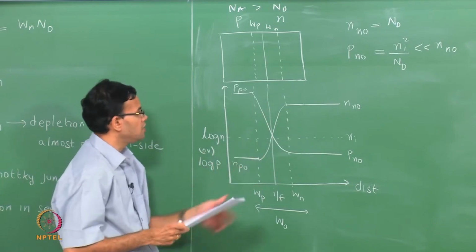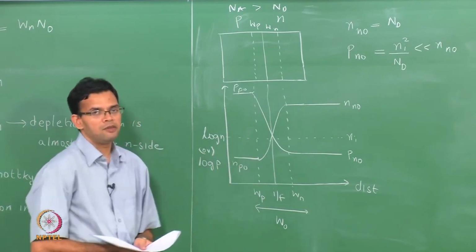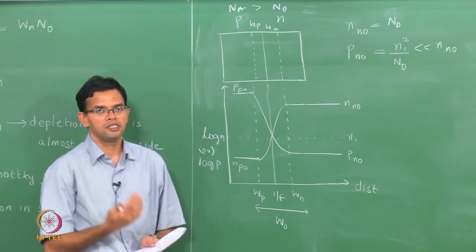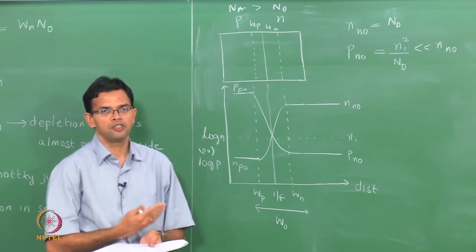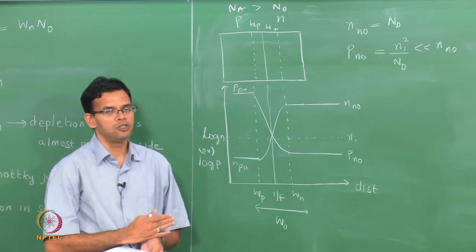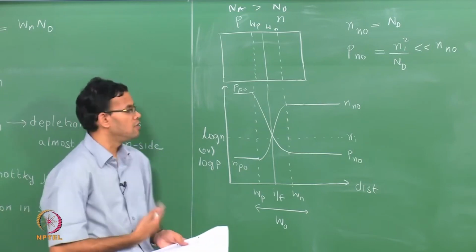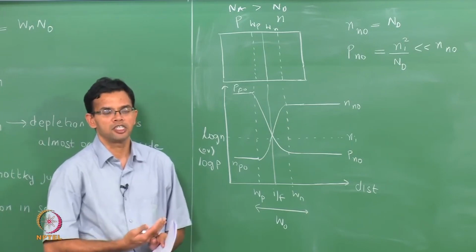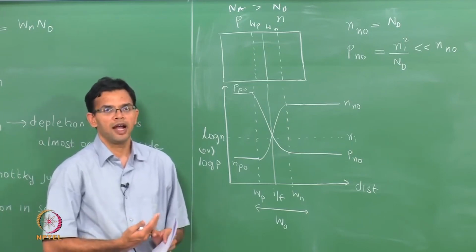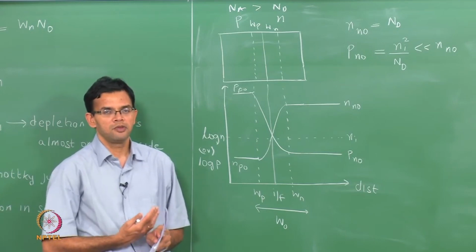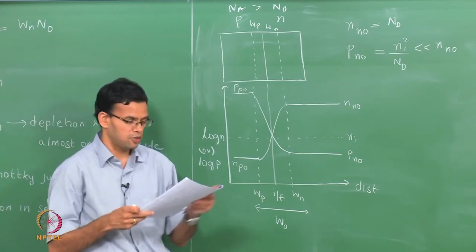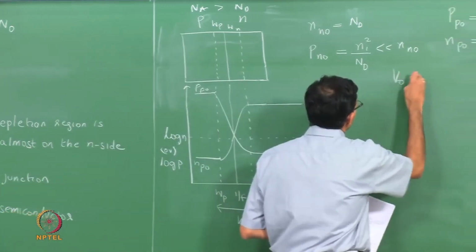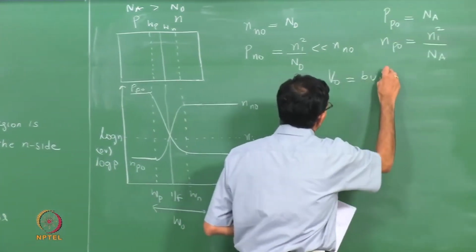So, this difference is related to the built-in potential, because what the potential does is that it prevents further motion of electrons from n to p or holes from p to n. In this way it is similar to what happens when we have a Schottky junction. There also we had a built-in potential that prevents further motion of electrons. So, if V0 is the built-in potential,